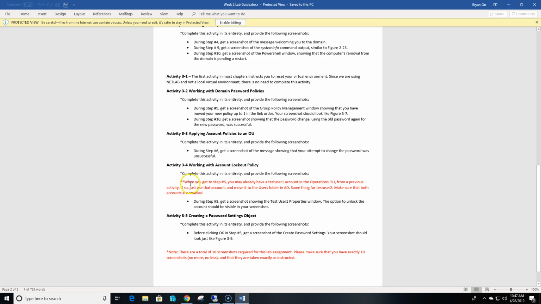And then here, there's obviously some sort of an adjustment that you need to make, and it says when you get to step number 6, you may already have a test user 1 account in the operations OU from a previous activity. If so, just use that account and move it to the users folder in Active Directory. Same thing for test user 2. Make sure that both accounts are enabled. So that's just a hint for you there, so that you don't run into any problems